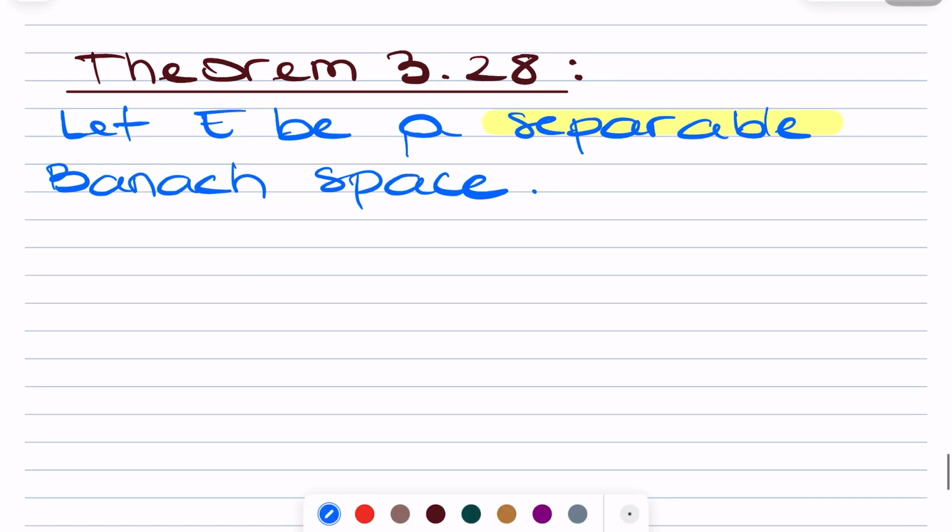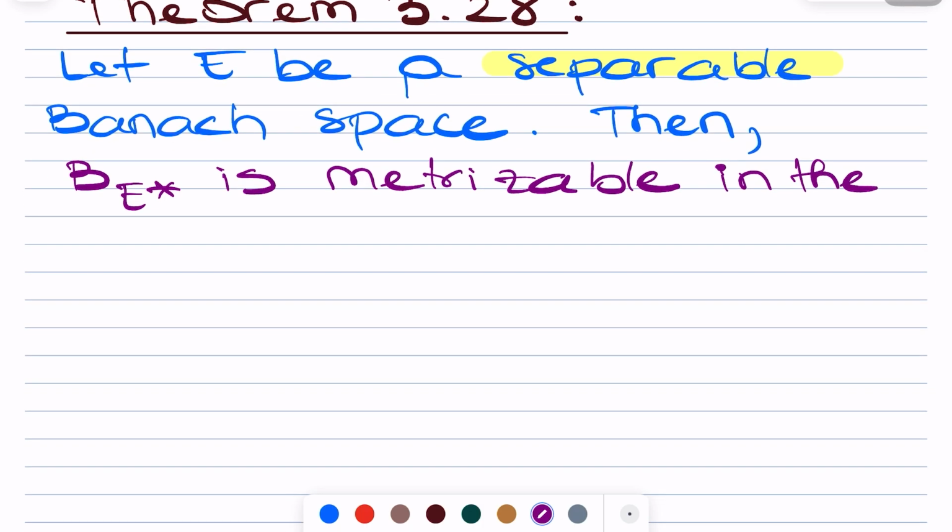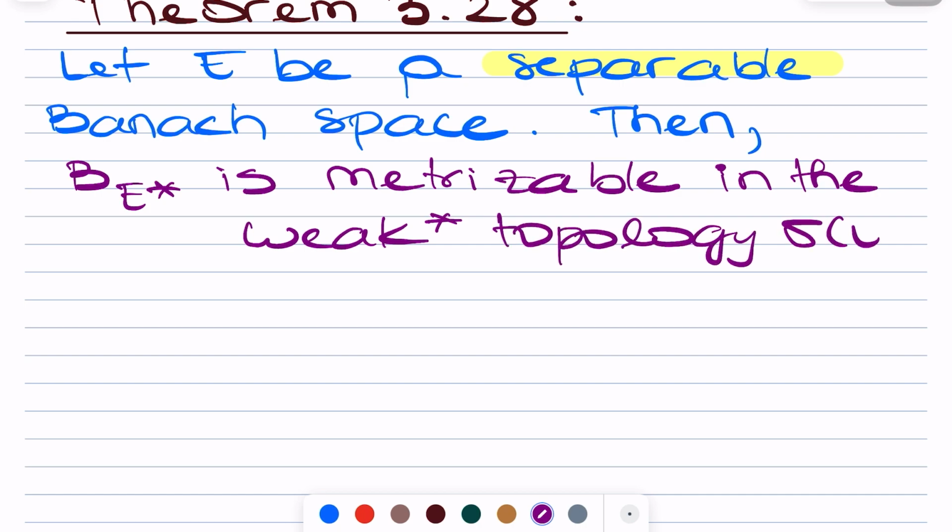Then the closed unit ball in the dual space E star is metrizable in the weak star topology, sigma E star E. And conversely,